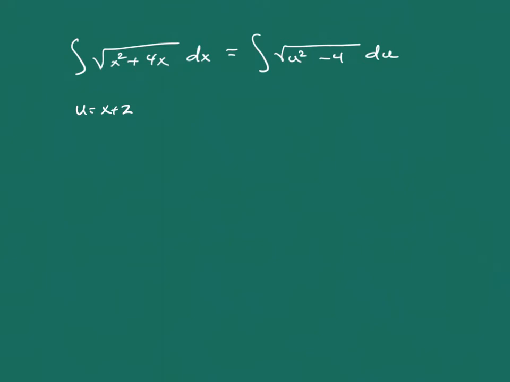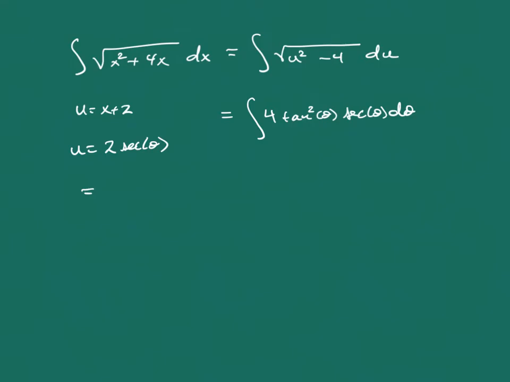Then we did a trig substitution with u being 2 times the secant of theta, and that got us to our integral of 4 tangent squared of theta times secant of theta d theta,